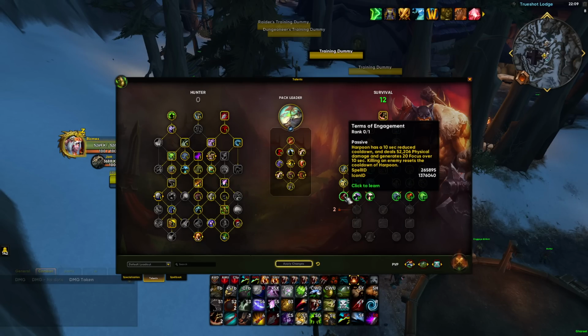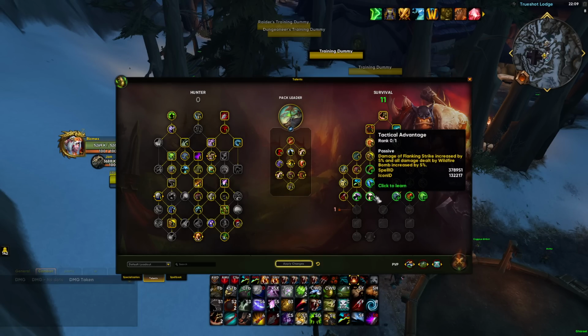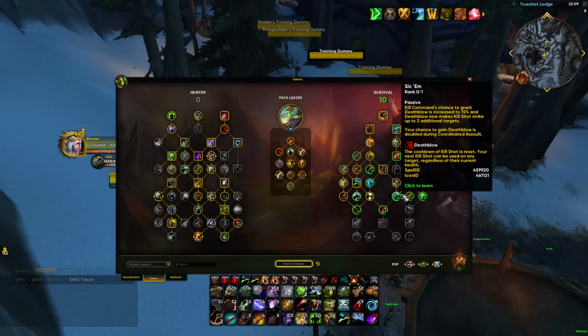Then here we have Terms of Engagement. The biggest thing about this is the fact that you get 10 seconds off your Harpoon, so it goes from a 30-second cooldown to a 20-second cooldown. Take it, thank you. Then over here we just have Flanking Strike, which is 5% more damage on Wildfire when flanking, so you have to take it. Then here we have Sic 'Em, which basically gives you 5% more, but it's 50% more if you think about it in that way. Higher chance to make it so your Kill Command gives you a Kill Shot proc,